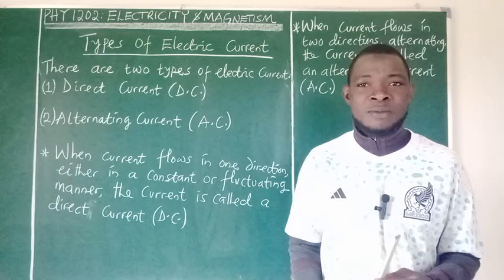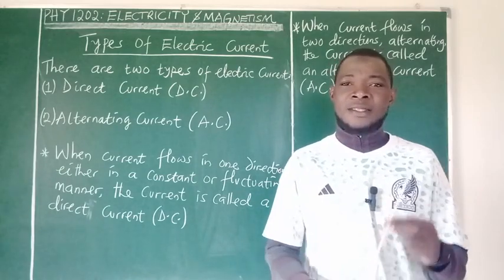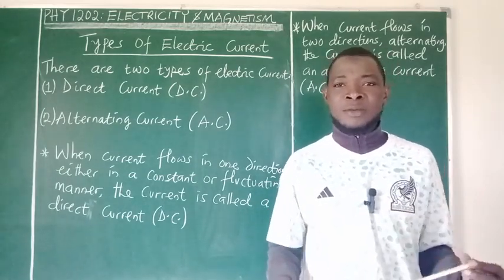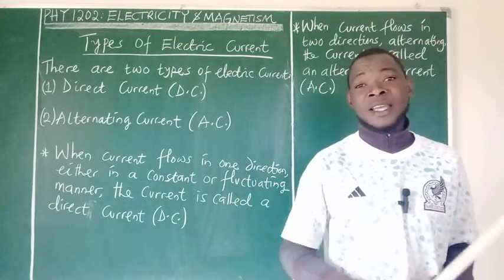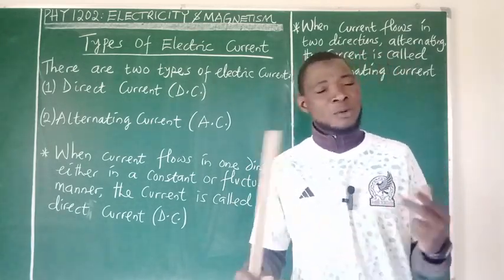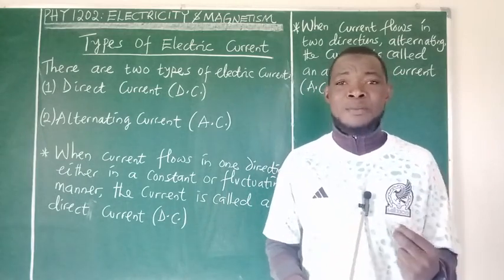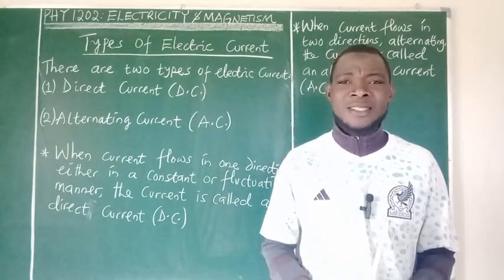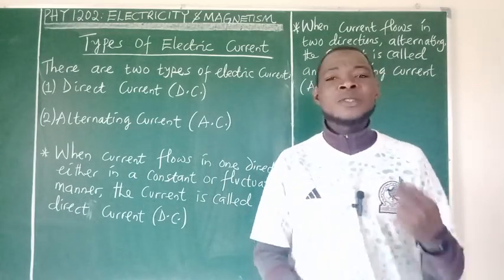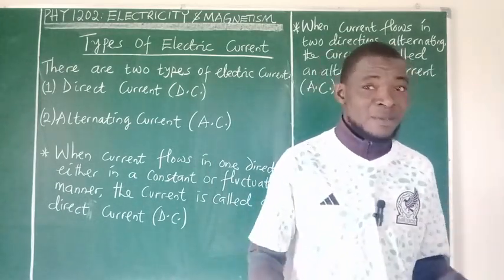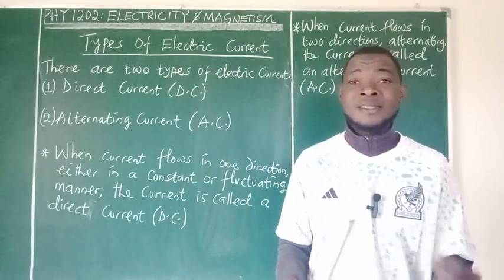In the previous class, we were able to explain the meaning of electric current as the rate of flow of charges through a given conductor. We were also able to identify ampere as the SI unit of electric current, but we also said that we have some devices for which 1 ampere of current is too much. It can damage those devices when it flows through them. So we adopt smaller units such as the milliampere as the unit of electric current,